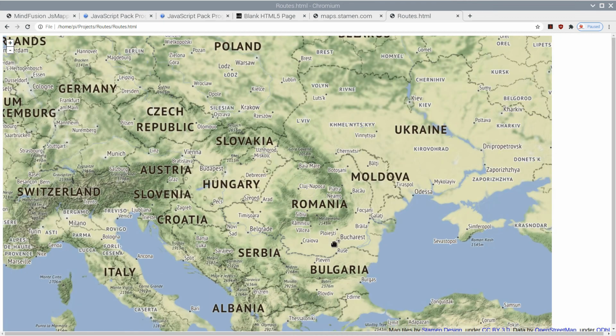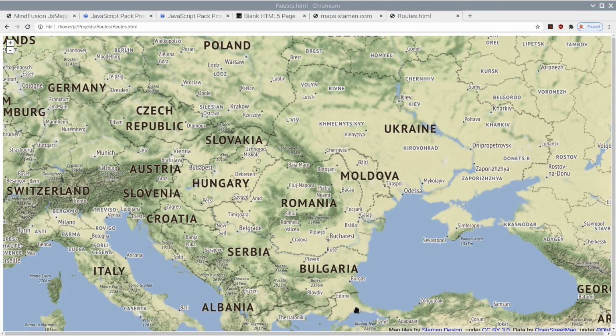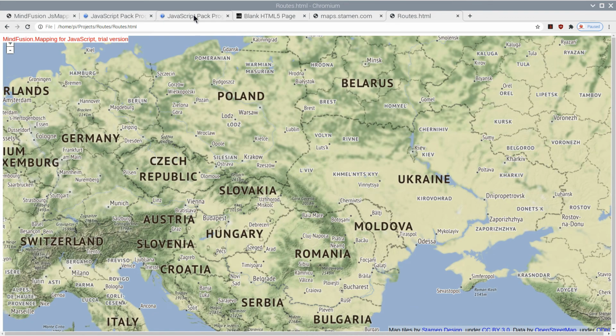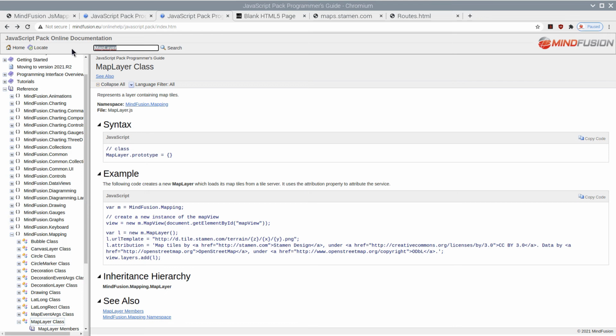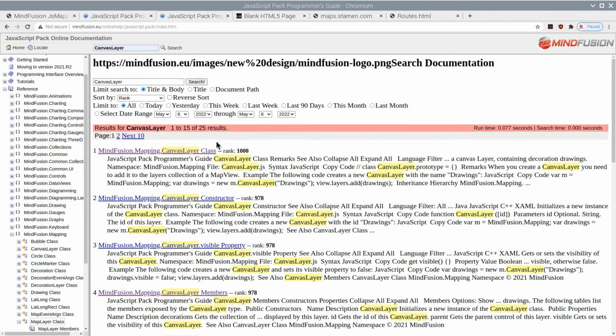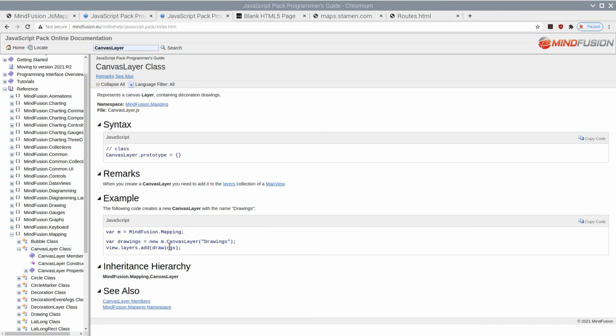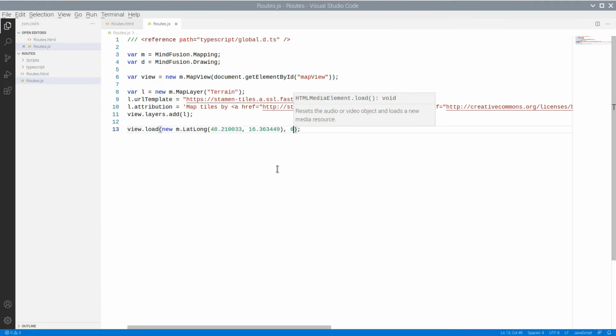Now we will start implementing the drawing functionality. We need an instance of the Canvas Layer class, which renders geometrical figures. Let's copy the code to create one from the online help.